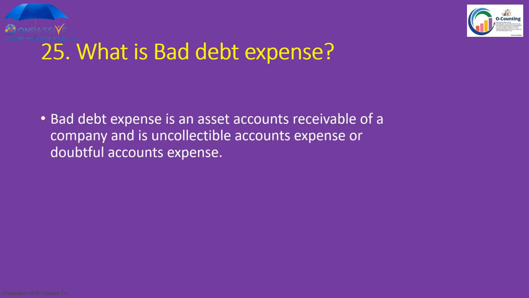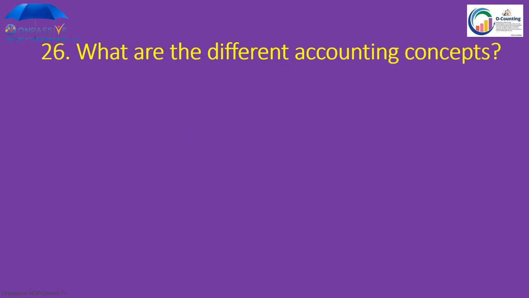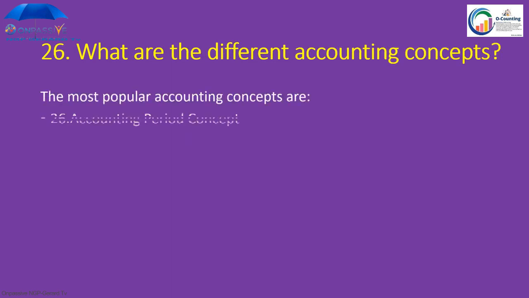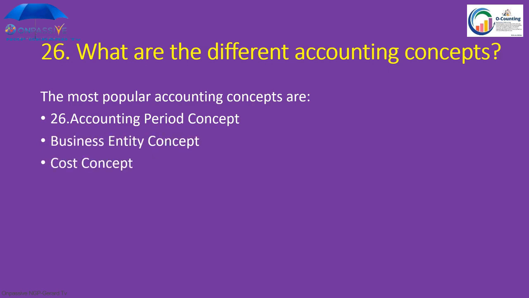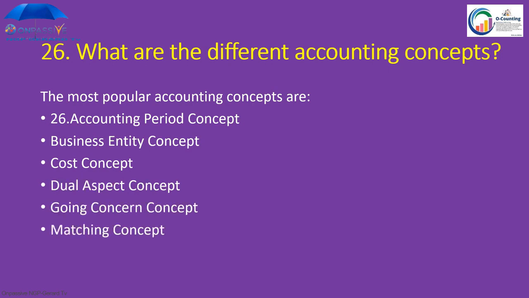What is bad debt expense? Bad debt expense is an expense against the asset accounts receivable of a company, and is also called uncollectible accounts expense or doubtful account expense. What are the different accounting concepts? The most popular accounting concepts are accounting period concept, business entity concept, cost concept, dual aspect concept, going concern concept, matching concept,